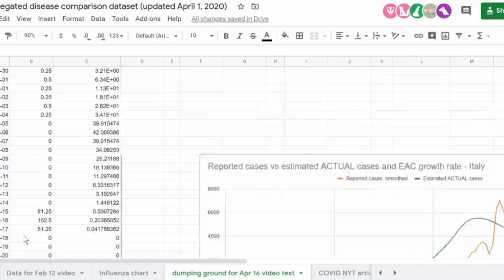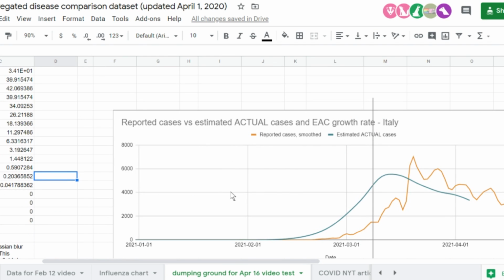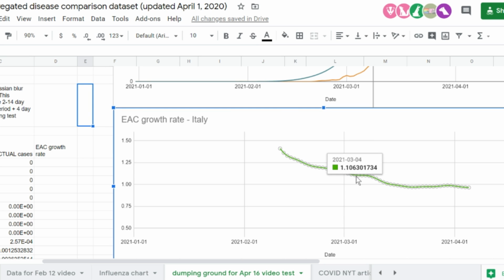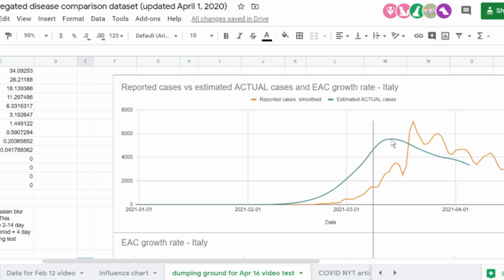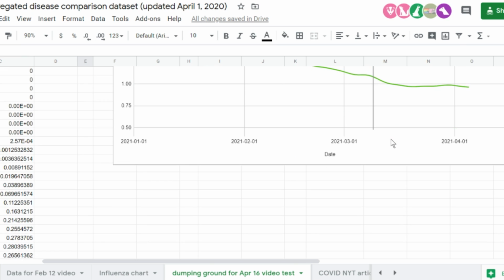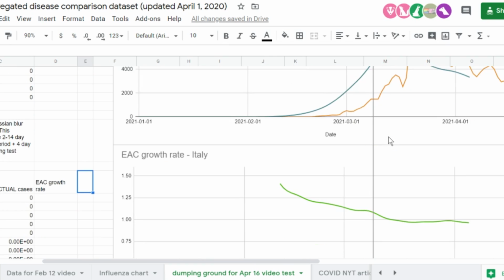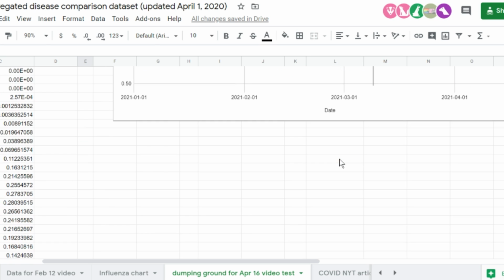Okay, let's do the same thing with Italy. Italy went on lockdown on March 9th, which is right here. Again, pre-lockdown, post-lockdown. Here's the growth rate in Italy. It doesn't have as much waviness to it, but it looks like it was holding at about 1.10 and then dropped to below 1 right here, about a week after lockdown. That's when the peak of infections also seemed to happen based on the estimation. So take that with a grain of salt. Again, correlation does not imply causation, but it does seem like there is a steeper descent of growth rate during lockdown than before lockdown. So that's Italy.